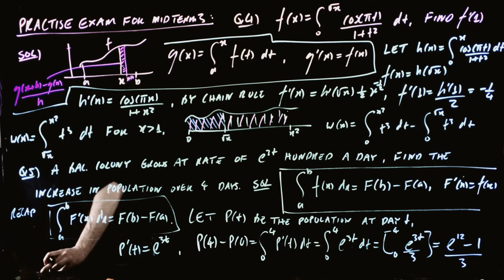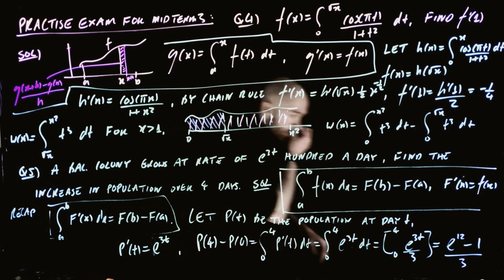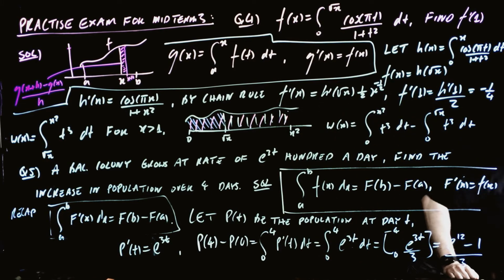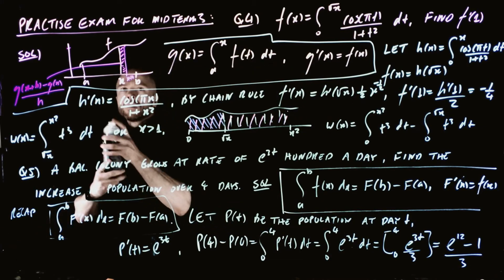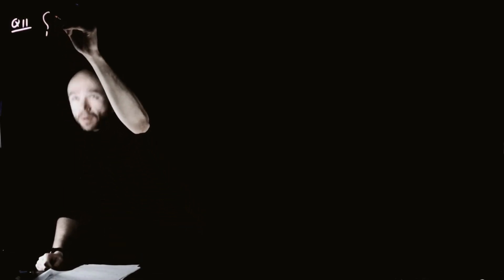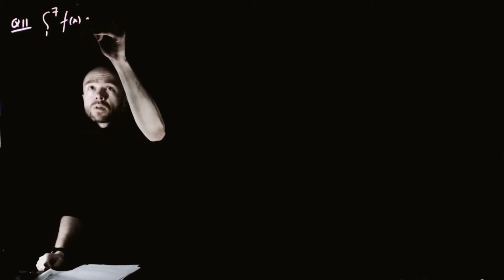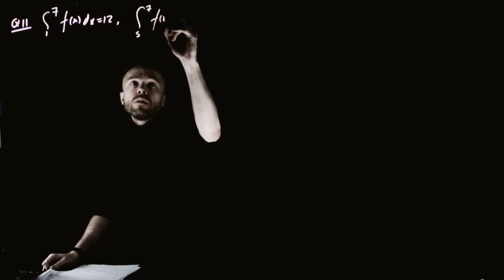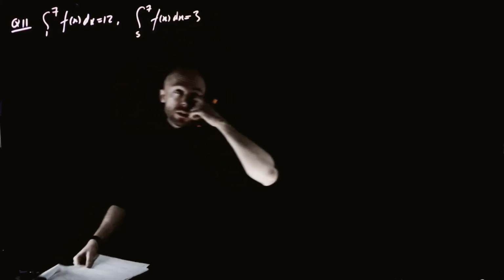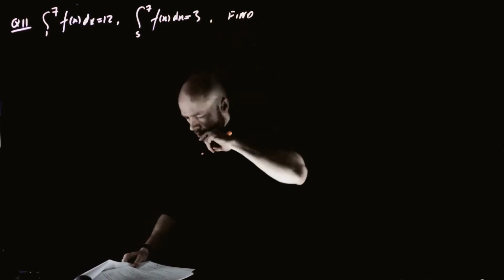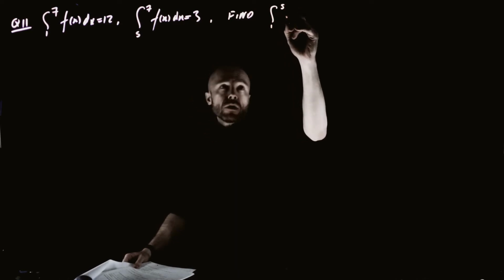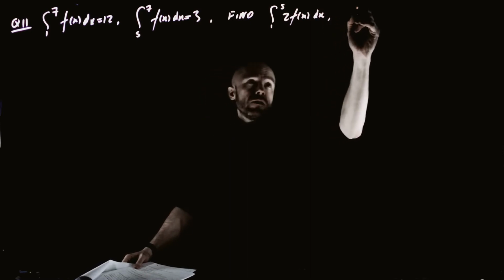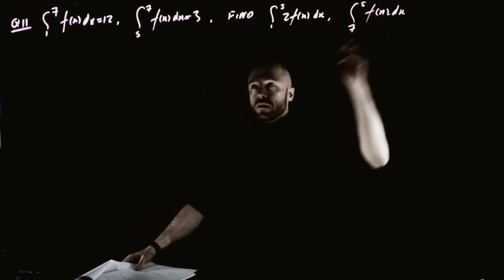I'm going to raise the board and then we'll do question 11. Question 11. We have this, and this is given to us, and the question is find the integral from 1 to 5 of f of x dx, and then find the integral from 7 to 5 of f of x dx. Okay, so